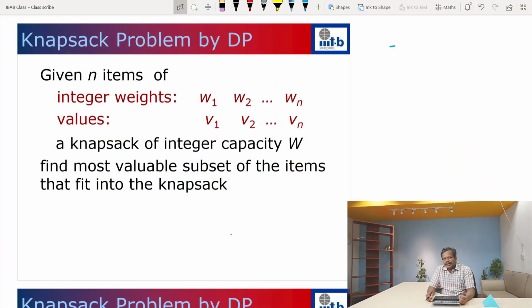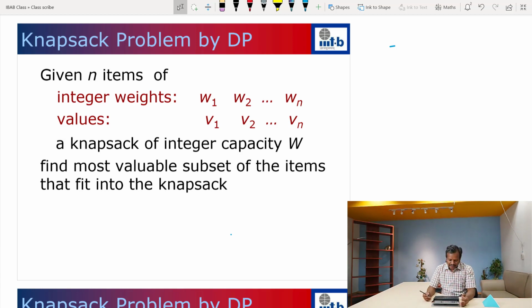A good example could be that just imagine that a thief has come to your house and you want to steal a few items. He has a limit on the total weight of the items that he can carry. So he wants to choose some items so that when he sells them in the market, he makes a maximum amount of money. But he is not allowed to take a fraction of the item. He can either pick an item or he does not pick the item.